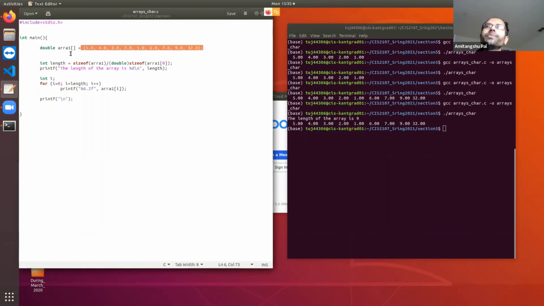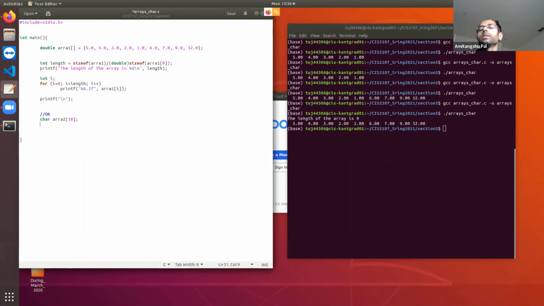So let's say array 2, and let's assume that I want to put a maximum of 10 characters in this array. You can either keep the size blank like this, otherwise you can put the maximum size. So let's assume 10. Now let's start with a very simple example. I want to put OK in this array. So array 0 is going to be O, second element is going to be K. So how can I initialize it?